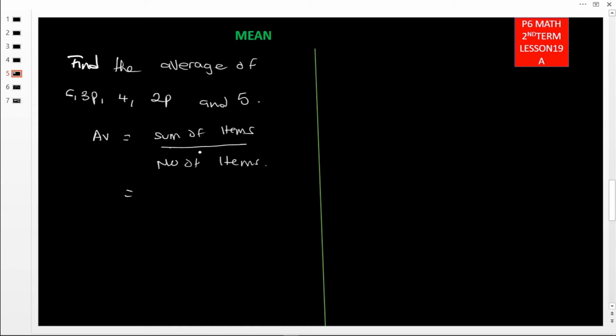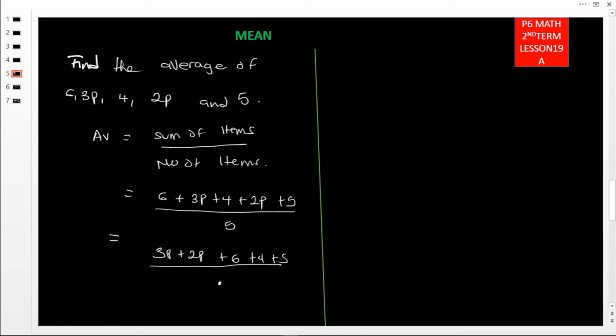Therefore the items, we have 6, then plus 3p, then plus 4, then plus 2p, then plus 5, out of how many are they? 1 2 3 4 and 5. So there are 5 here. So we are now going to collect like terms. So 3p plus 2p plus 6 plus 4 plus 5 all over a 5. So what are we having? 2p plus 3p, those are 5p's, then plus 6 plus 4, 10 plus this one, it's going to be 15